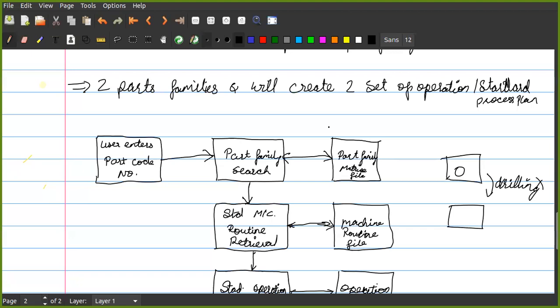You need to give the total presentation. If there are three or four people in a group, all of them must be present and all must give the presentation. If anyone is missing, then that person will not receive the internal marks.